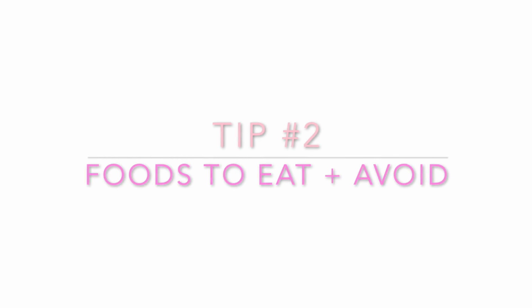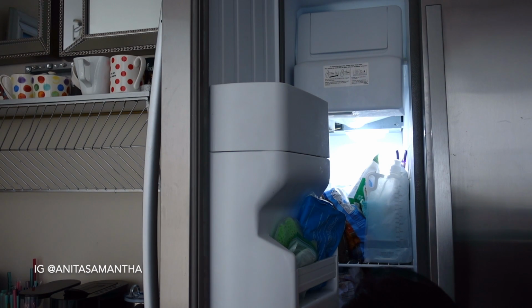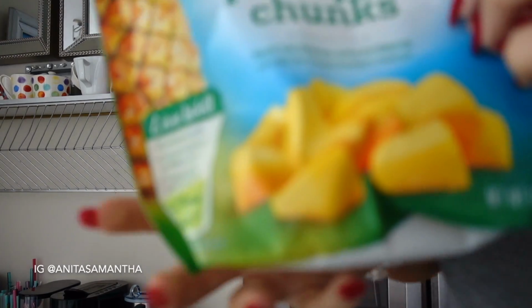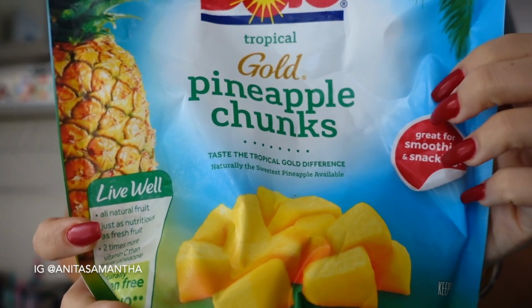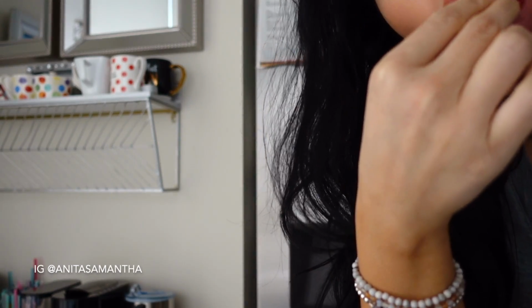Now, something just as important as what you put on the outside is what you put on the inside of your body. So we're going to talk about what foods to avoid that can cause odor and bad taste, and things that cause good odor and good taste, starting with pineapple chunks. Pineapple has been known, some say it's a myth, but trust me girls, it is not a myth, okay? If you drink pineapple juice or eat a lot of pineapples, it can actually change the way that your body